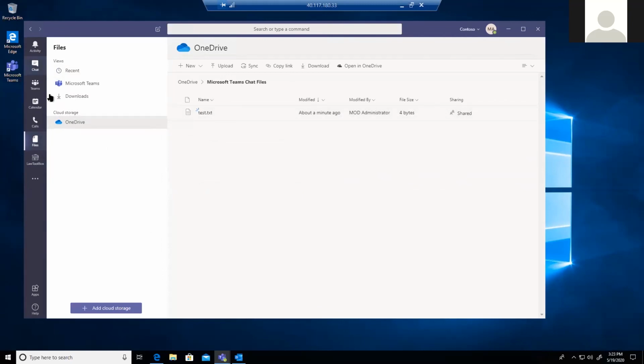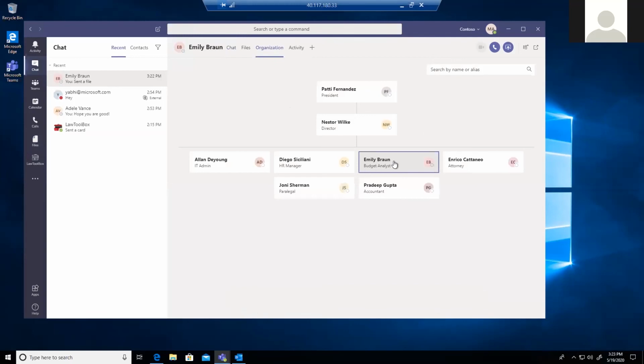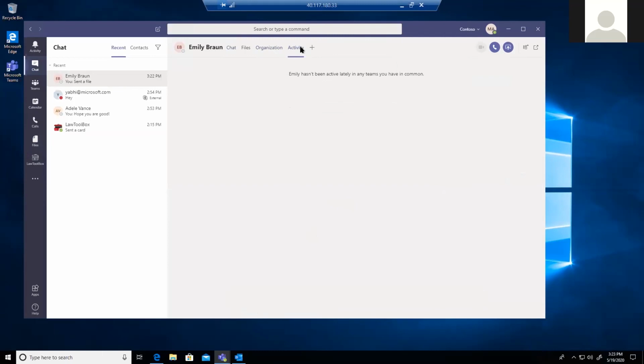Now this is a chatting feature. Okay, now this is not it. I can go here and I can see the organizational chart. So to whom Emily is reporting, and if she is reporting to Nestor, and whom Nestor is reporting. So that way we can just find out the organization structure over there. Activities is like whatever activities I do. Like let's say if I'm creating a Teams and if I'm posting some kind of post over there with some information on how things are going, or if somebody else posted something and I liked it or I commented on that, I can see all my activities right there.